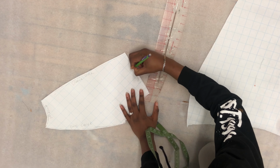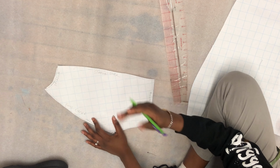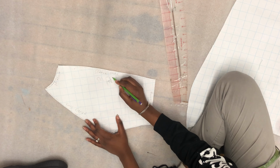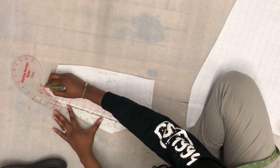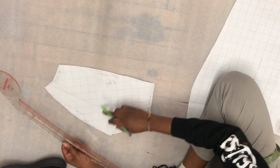I labeled all the parts of my pattern because when I slash and spread it, I don't want to make any mistake to put the neckline in the armhole or put the armhole in the sleeve cuff or whatever. So I would advise you to also label it, because when you slash it open, you might not know which side is which side. All right, so what I'm going to do now is to slash everywhere from the neckline